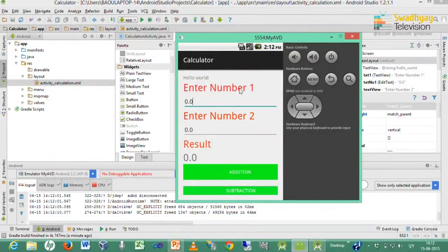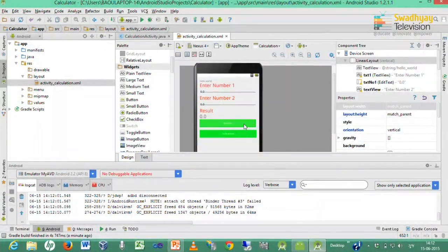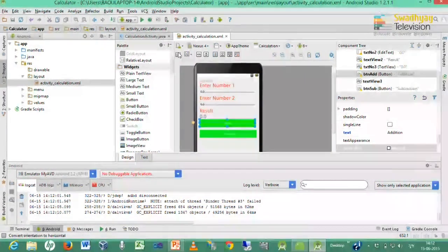This is the enter number 1, which is in red, is a text view. Enter number 2 is also a text view, result is also a text view, last is also a text view, and these are two buttons that we can click to generate values for these. Now next we write code for our emulator.